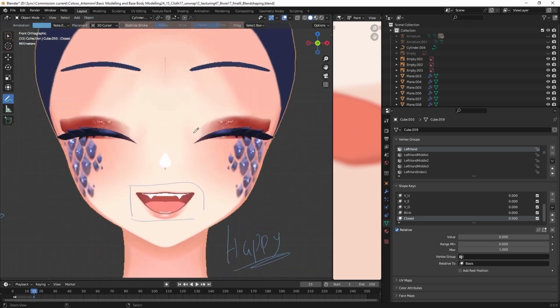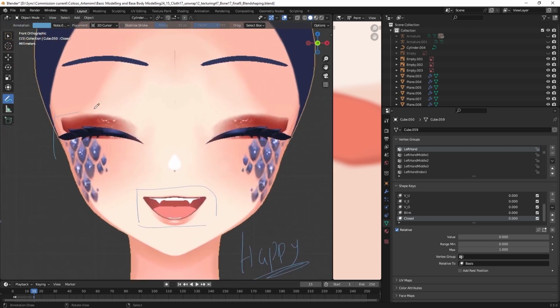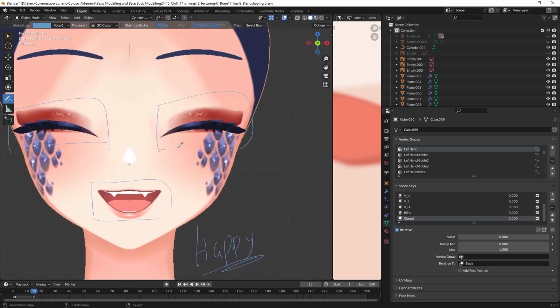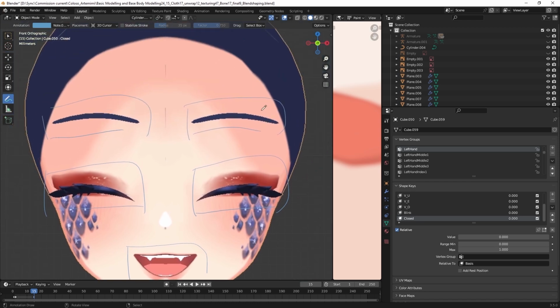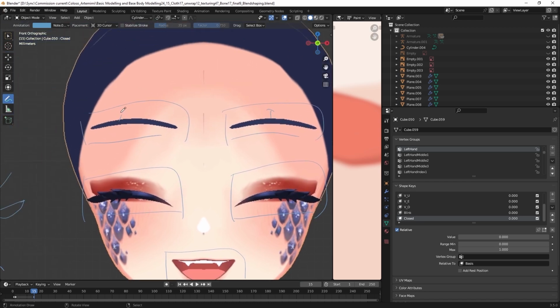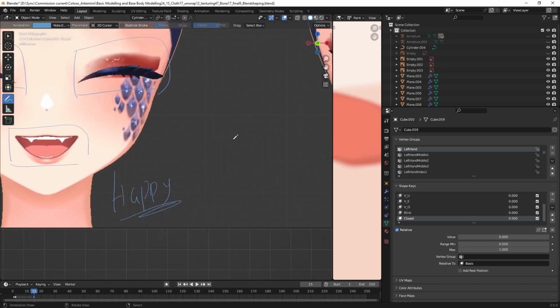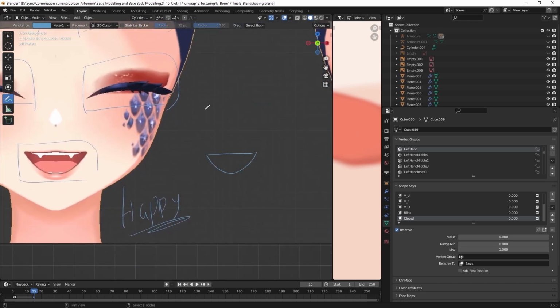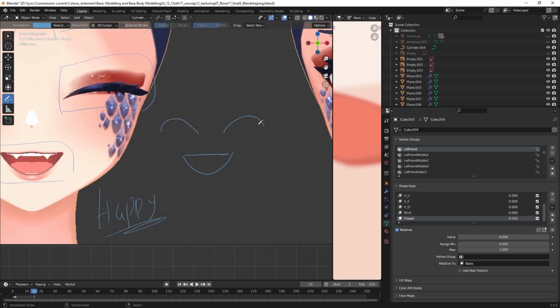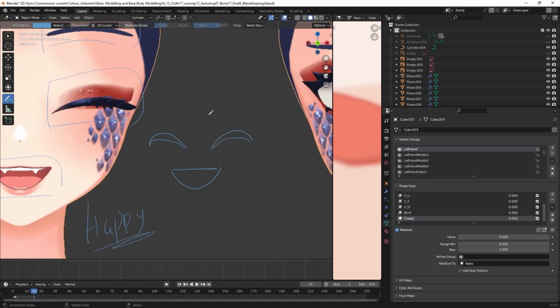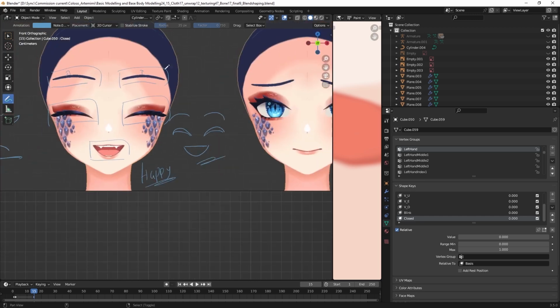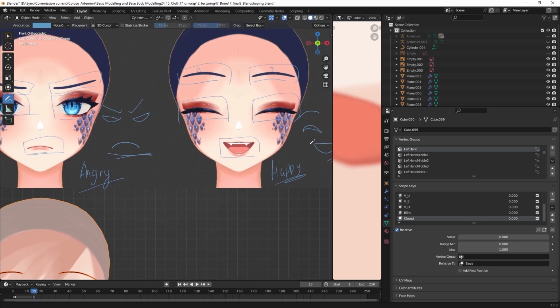For the happy here we still have the eye, and then we're gonna have the eyebrow moved a little bit up here, and we can make it like this. So this will be our happy face. So this will be the angry and happy face.